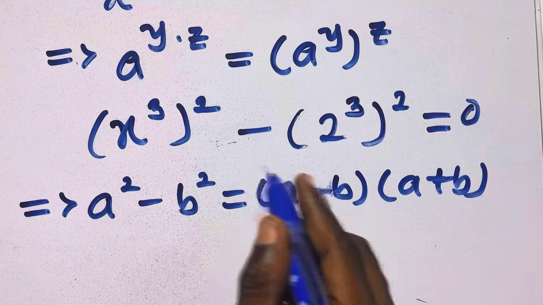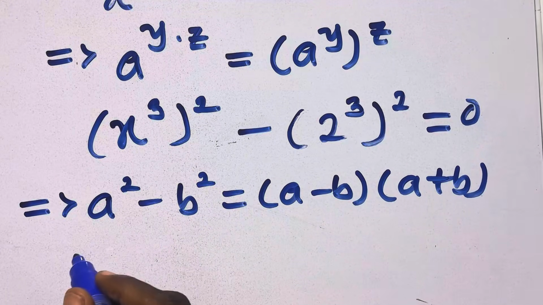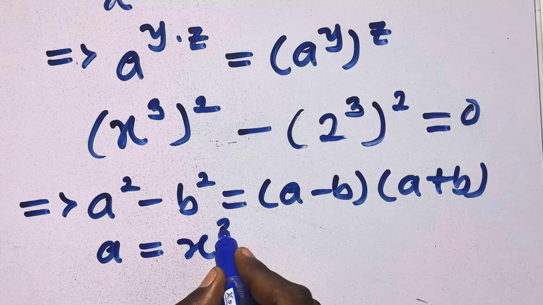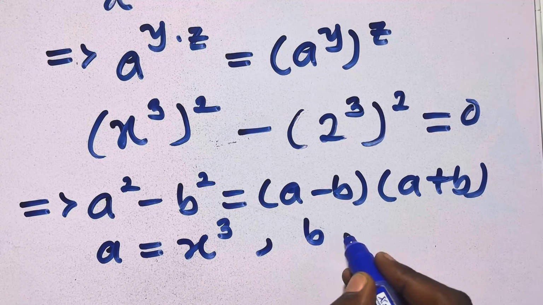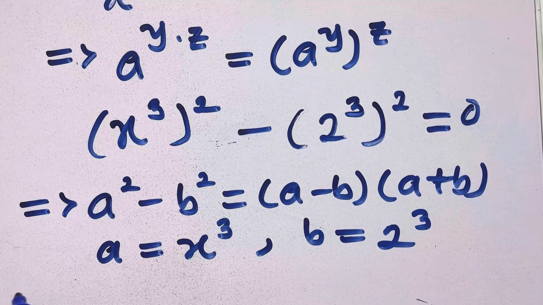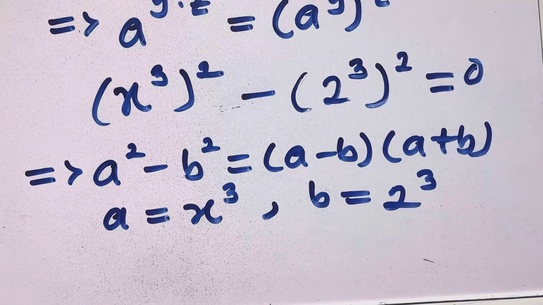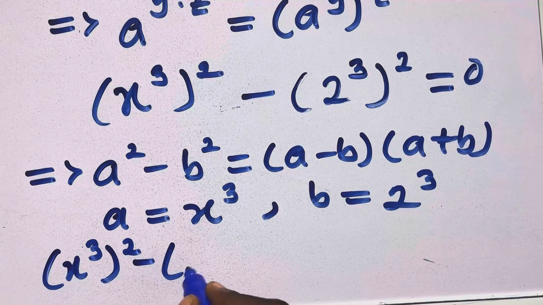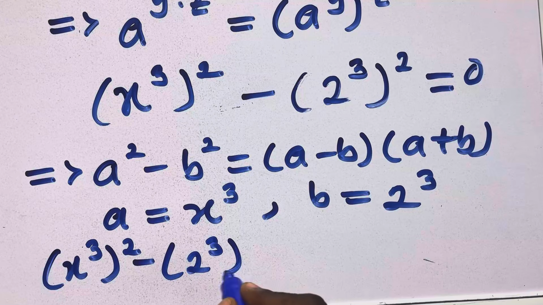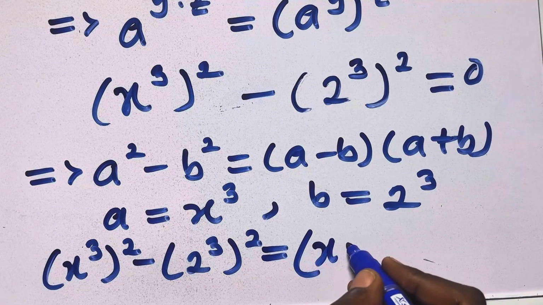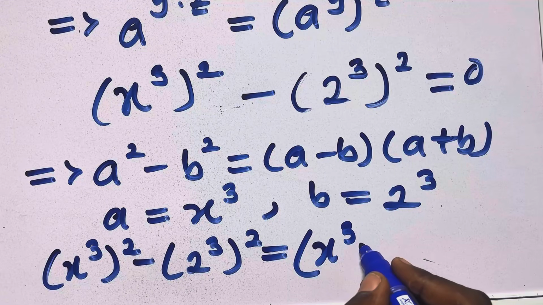Applying this to what we have above, our a is x raised to the power 3, and our b is 2 raised to the power 3. So by applying it, we have x raised to the power 3 raised to the power 2 minus 2 raised to the power 3 raised to the power 2 equals, open bracket, x raised to the power 3,